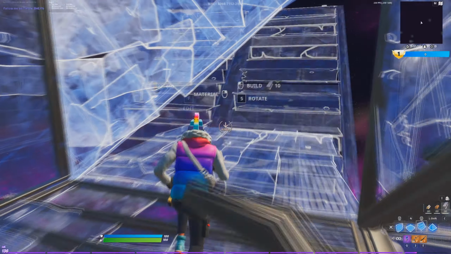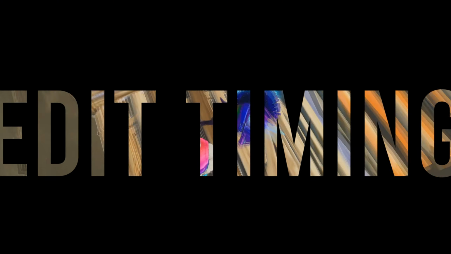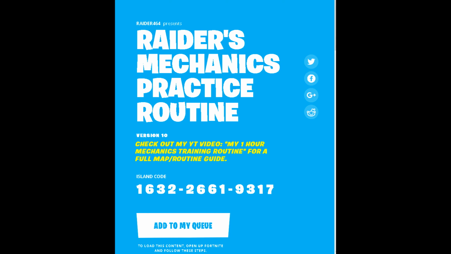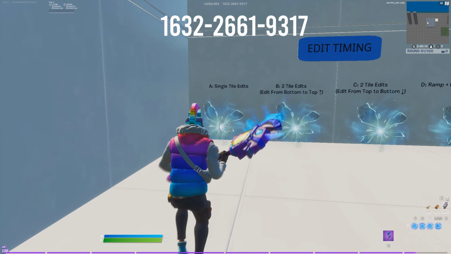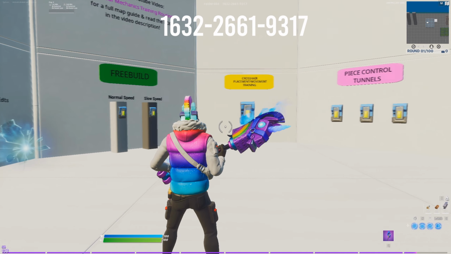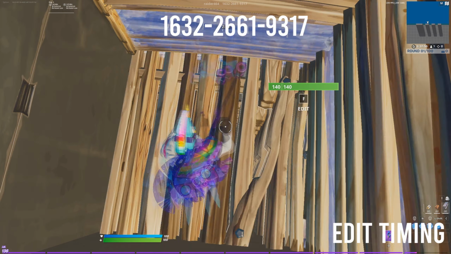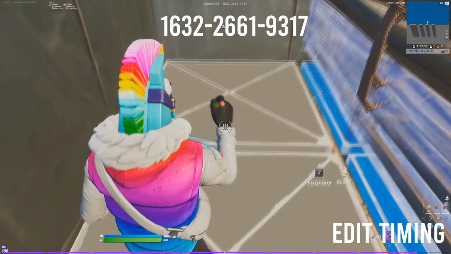And now we come on to the final tip, and the tip to actually tie all of this together and actually practice each of these skills. And this is using Raider464's mechanic training routine. Now Raider464 is one of the fastest editors in game, and he's created a map which encompasses all editing and building techniques that you will ever need. I'll put a link to his video explaining this routine in the description, but I'll quickly touch on it in this video also. The routine starts off with some great edit timing practice where you have to focus on quickly